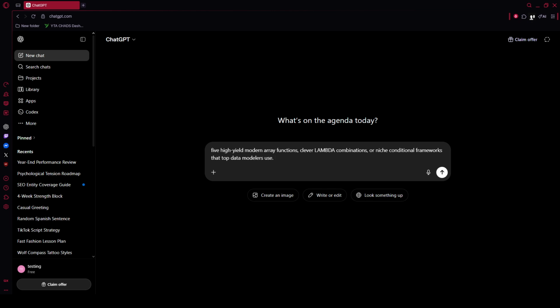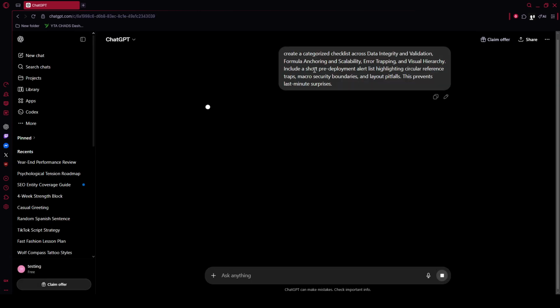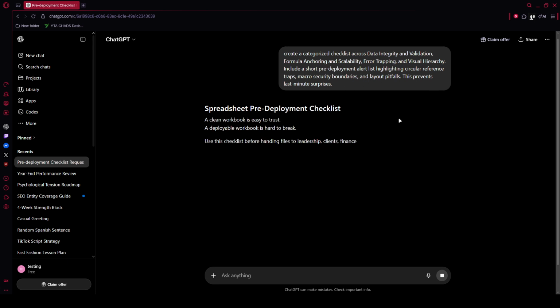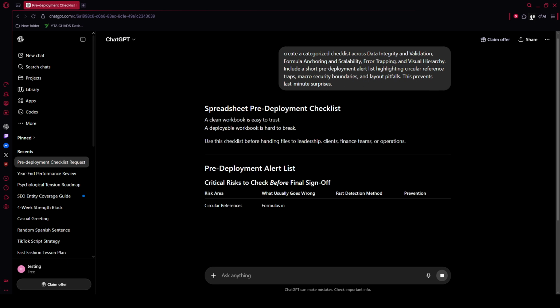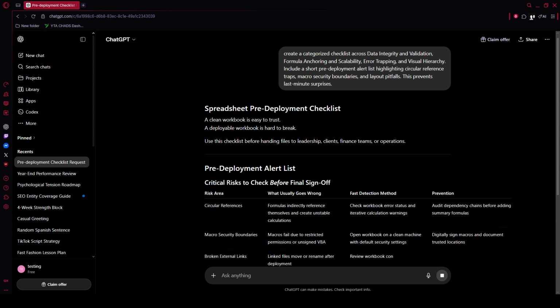After that, generate an all-inclusive packing checklist and pre-trip guide for quality. Have ChatGPT create a categorized checklist across data integrity and validation, formula anchoring and scalability, error trapping, and visual hierarchy. Include a short pre-deployment alert list highlighting circular reference traps, macro security boundaries, and layout pitfalls. This prevents last-minute surprises. Finally, architect a complete budget and expense estimator for performance, a realistic audit of your workbook's